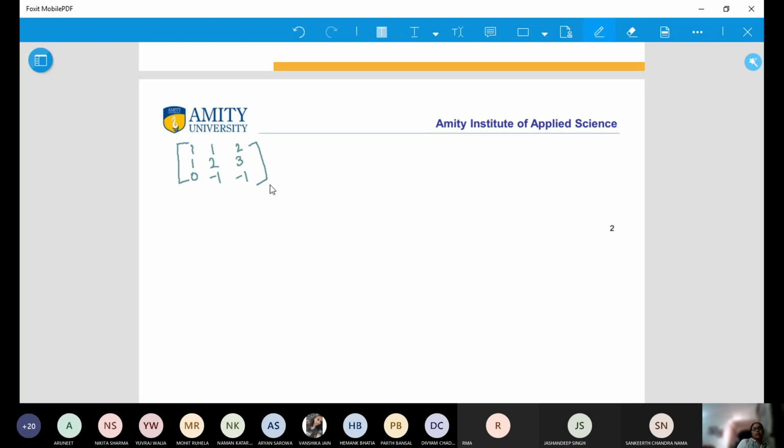So this is our A. Now, initially I'll take column operation and row operation, and I'll mix it so that you are clear with it. So let's try and understand what is the first thing we will do. Just see what I am going to do. I'm writing the first step.